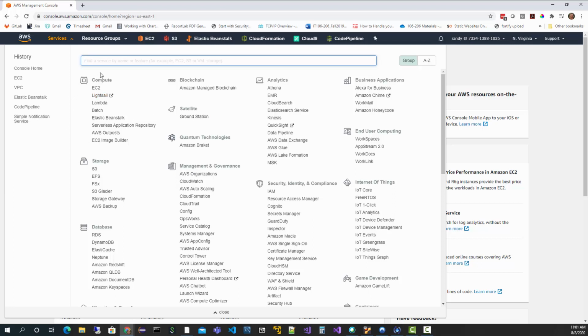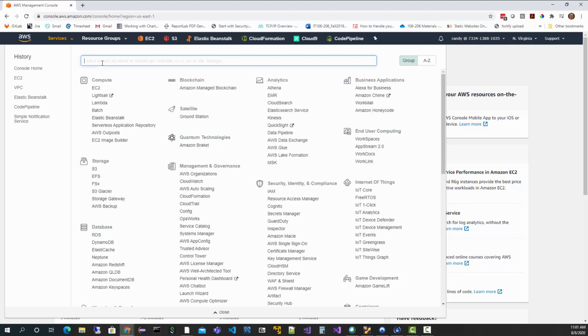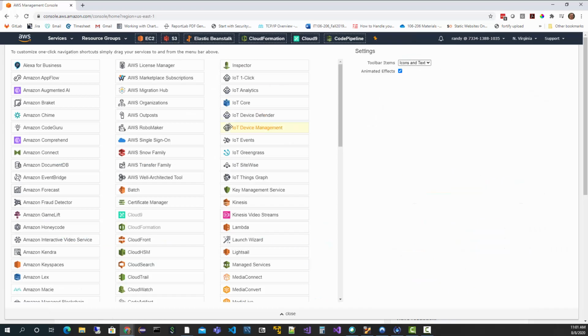A couple of things I'll point out about the interface is that you can filter. You can filter for EC2, or if you wanted to look at security, we can type IAM and so forth. Whatever service you want, if it's not easy to find, just filter for it. You can also pin ones that you use often. I've pinned a few that I like here. I use EC2 a lot and S3 and some of these other ones, but if there are other ones you want, like CloudFront, you can just drop them up here